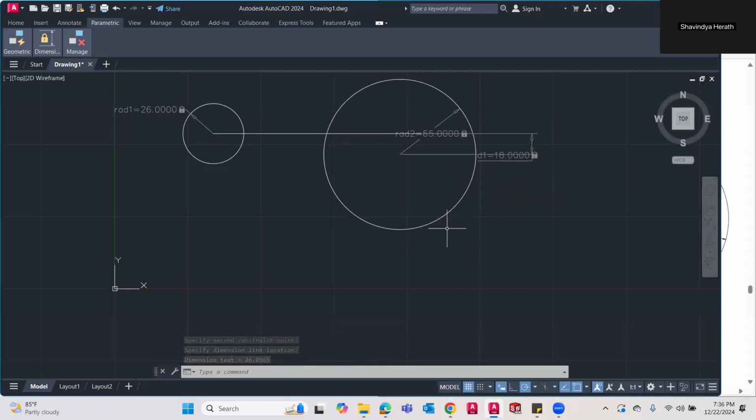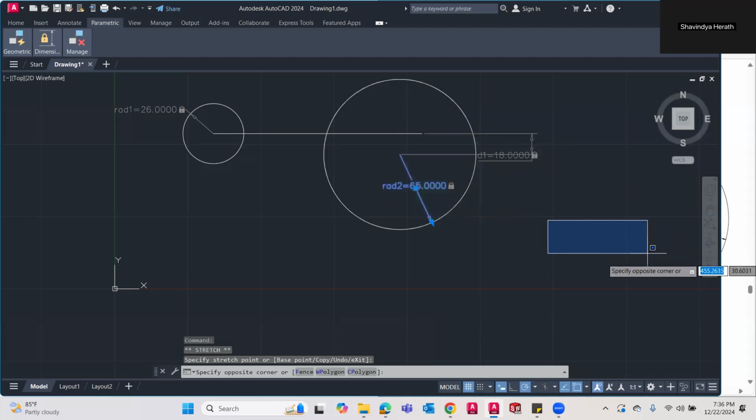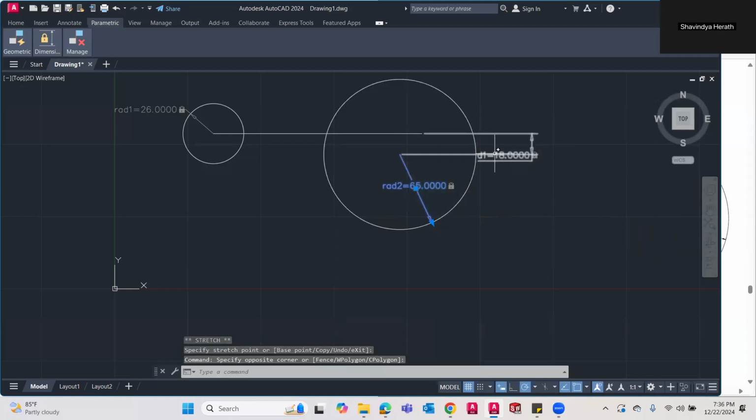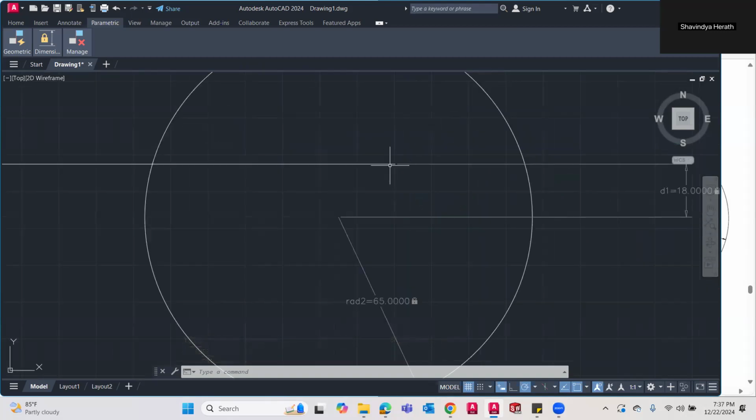But there's another requirement. I'm placing these dimensions properly, that's okay. I need to place this line's end point and the center point vertically.